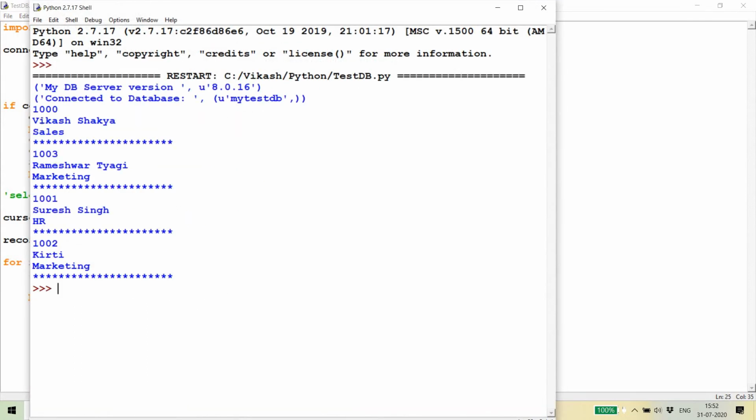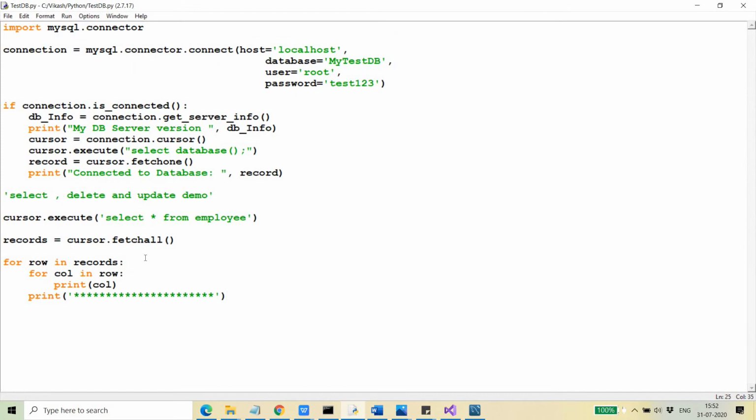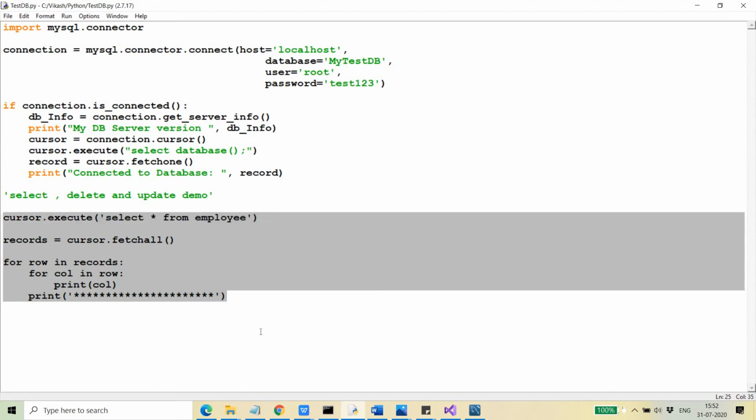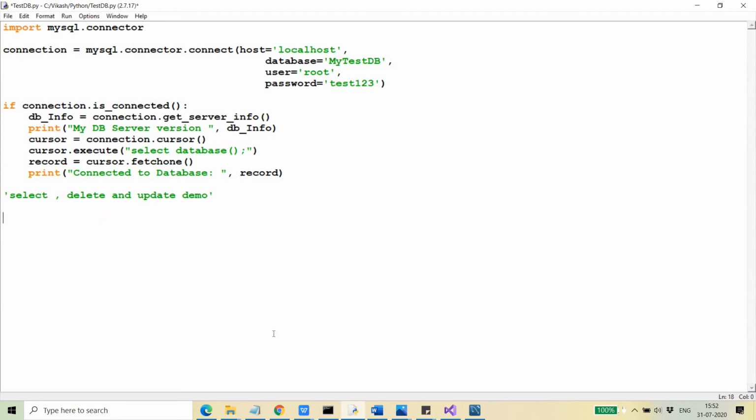This can be the separator for you, right? So here you can see the first record is here, then the second record is here, and so on. You can do your own formatting. I'm not going to decorate it here because my purpose is to explain the database connectivity and all these operations, so you can do it yourself. Let's move ahead to the next one, and the next one is the delete.